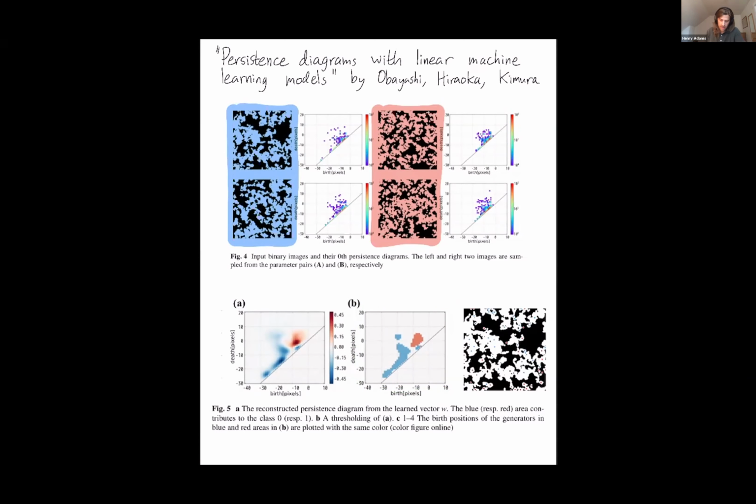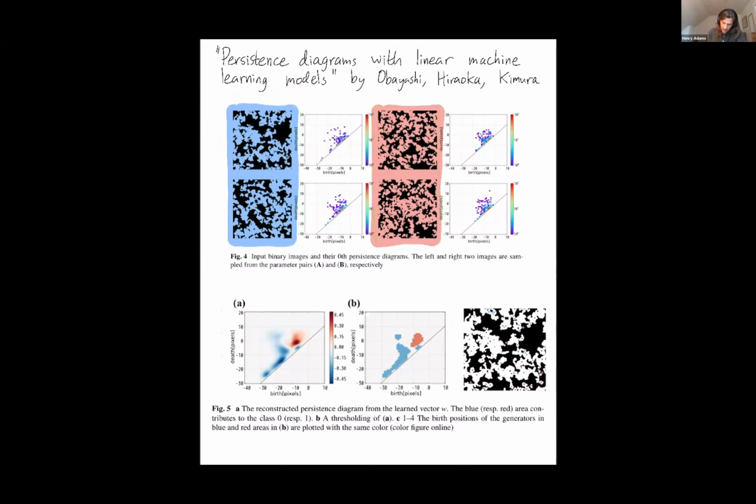What you find is that points in the persistence diagram with maybe earlier birth values, not persisting quite as long, are characteristic of the blue material, whereas points in the persistence diagram, one-dimensional holes that live in this red region, are more characteristic of the material on the right.